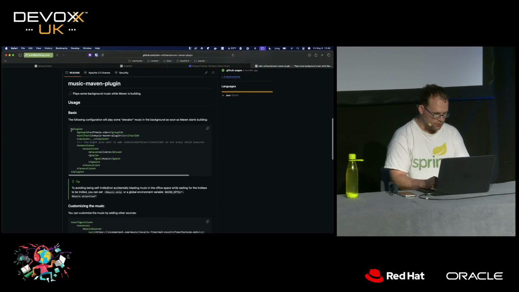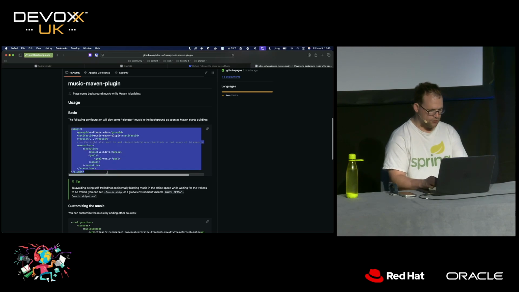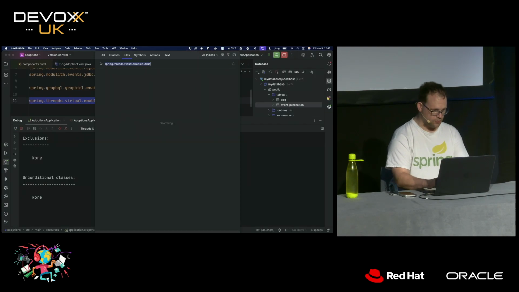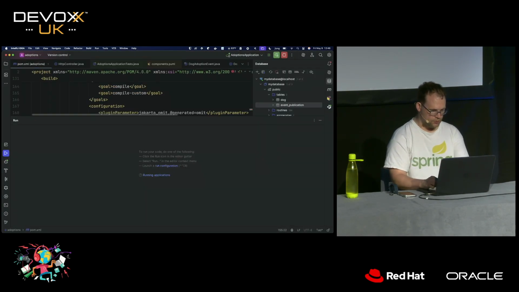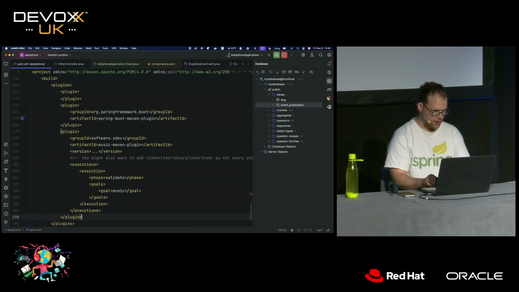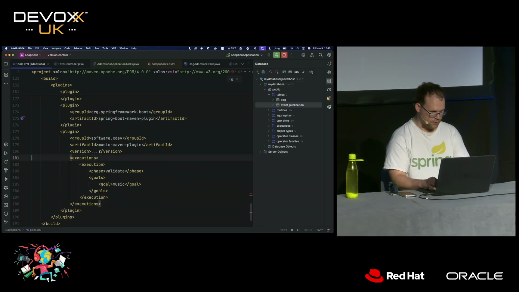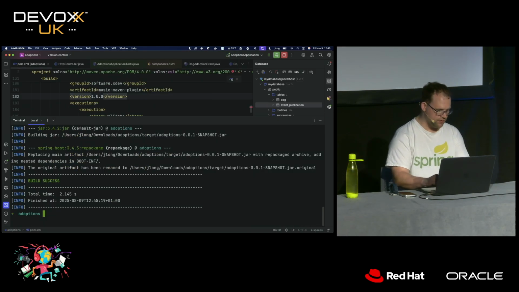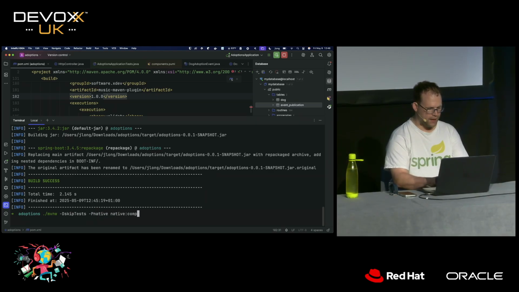So where's the simplest configuration? Copy and paste that. We'll go back to the build, pom.xml, down there, okay, plugin, get rid of that, and then this is 1.0. Yeah, there you go, 1.0. Now we're going to compile a native image, okay? And what that does is, well, you'll see. So skip tests, -P native, :compile.